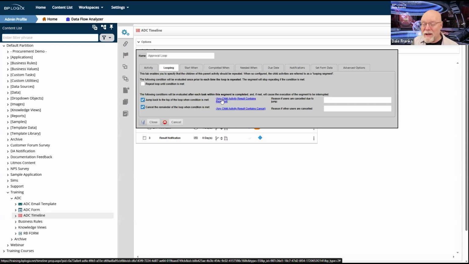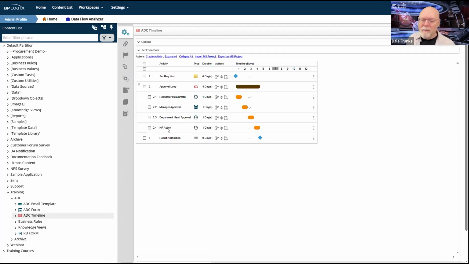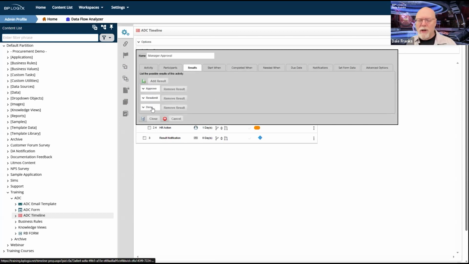Although with contains, not sure if a trailing space would mess that up or not, but it gives me that freedom. And so fine, I've got resubmit, and then I've got my close action, or I'm sorry, my deny action. And the deny result, of course, would simply exit us out of the loop.